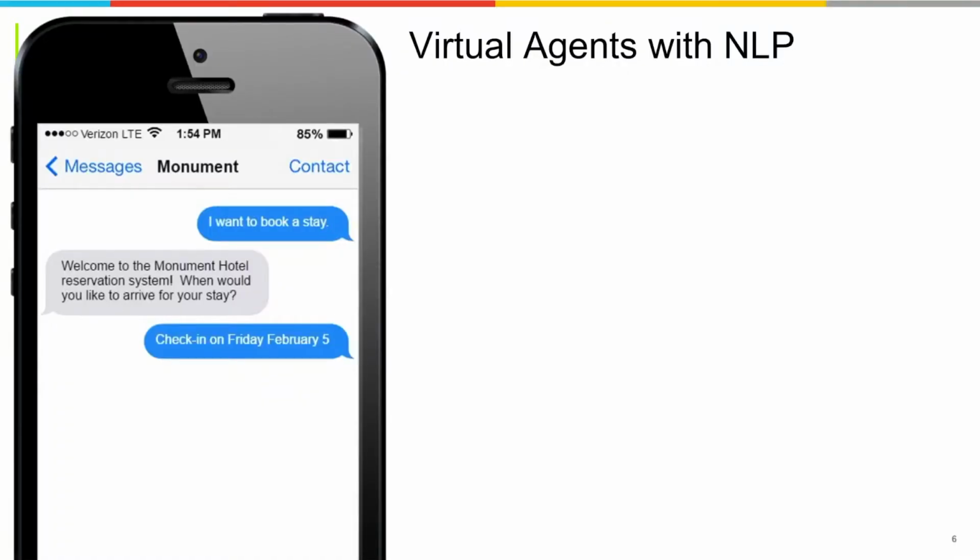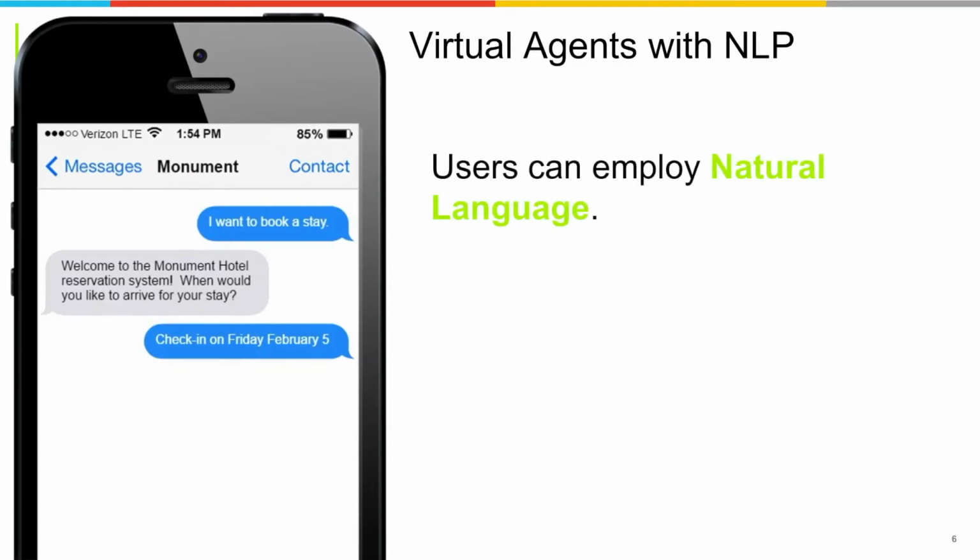What we really want is we want to have a virtual agent that can take in text input, which is in natural language, not responding to a prompt, not responding to a menu, but reaching out and saying, this is what I want to do. I want to book a reservation at this hotel. And we want that user to be able to take the initiative, which makes our job a lot harder because in the IVR situation, the first act that the customer does is make a phone call. And then it's the system's turn. The system has the first dialogue turn and can start with a question and put the user, the customer, in the job of answering questions.